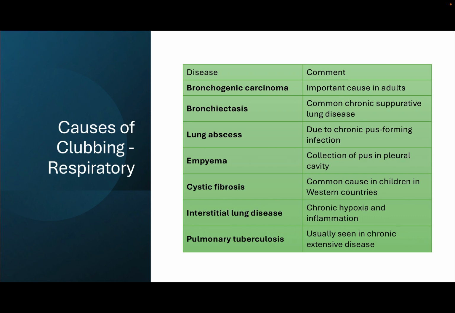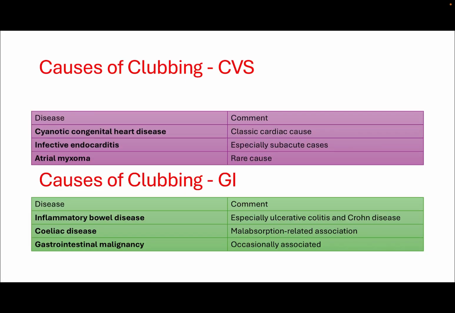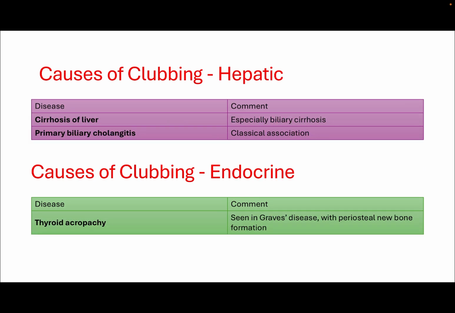Causes of clubbing. Respiratory causes include bronchogenic carcinoma, bronchiectasis, lung abscess, emphysema, cystic fibrosis, interstitial lung disease, and pulmonary tuberculosis. Cardiovascular causes include cyanotic congenital heart disease, infective endocarditis, atrial myxoma. GI causes include inflammatory bowel disease, celiac disease, and gastrointestinal malignancy. Hepatic causes include cirrhosis of liver, primary biliary cholangitis. Endocrine causes include thyroid